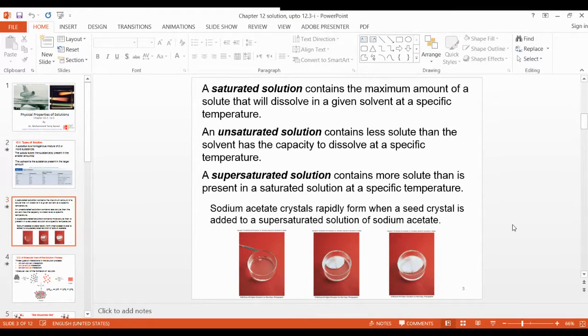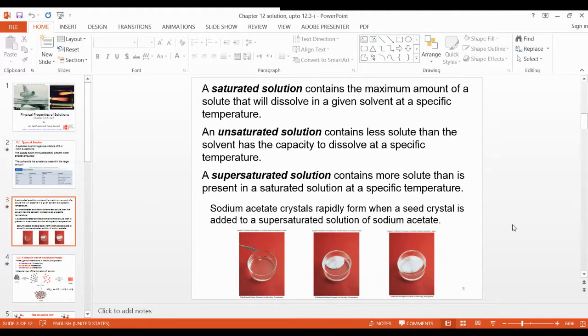So that's why after some time you will see the extra sodium chloride settle down at the bottom of the beaker. It cannot dissolve because all the dissolving power of the water has been used. That is known as a saturated solution. An unsaturated solution is one in which you have the capacity to dissolve more solute into the water, and the water also has some empty room in which the solid can be accommodated. So that solution is known as an unsaturated solution.